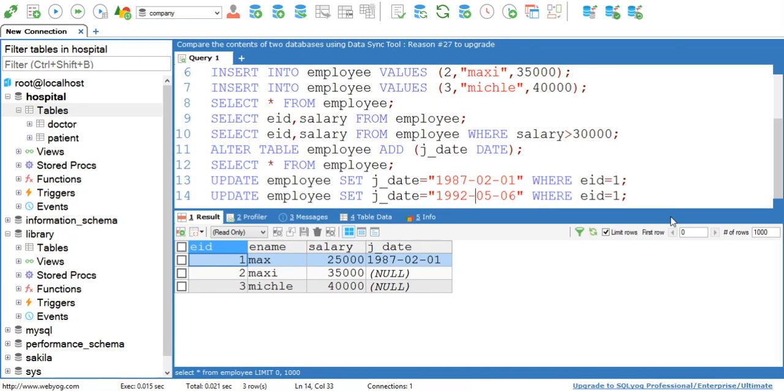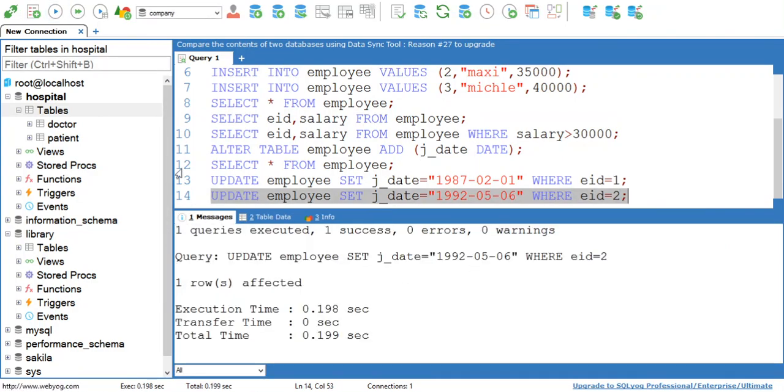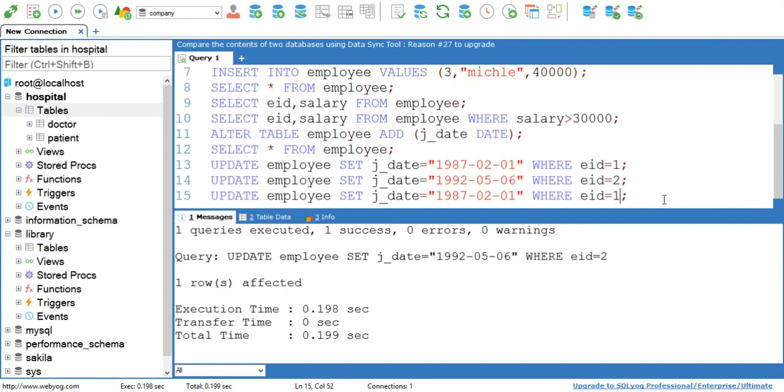Suppose 1992, where employee ID equal to 2. Now set this. See, it is successfully executed. Now by using same command, just change the values and change the condition, and you can set your values.